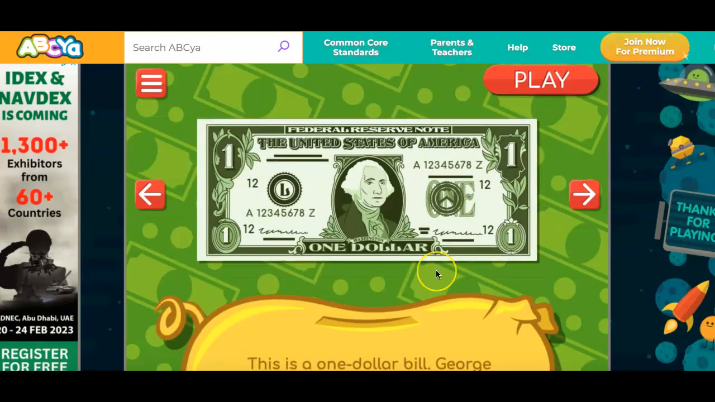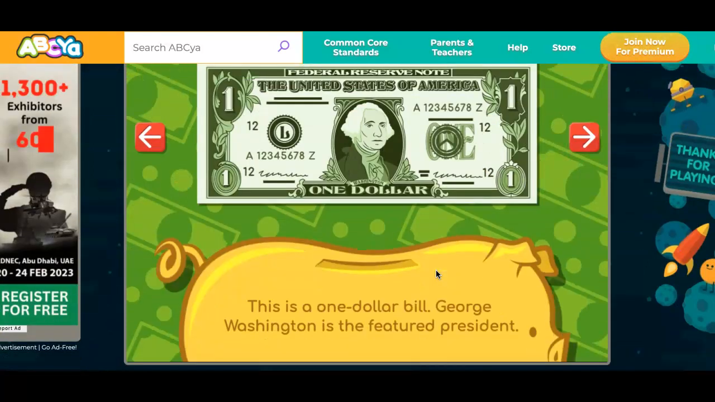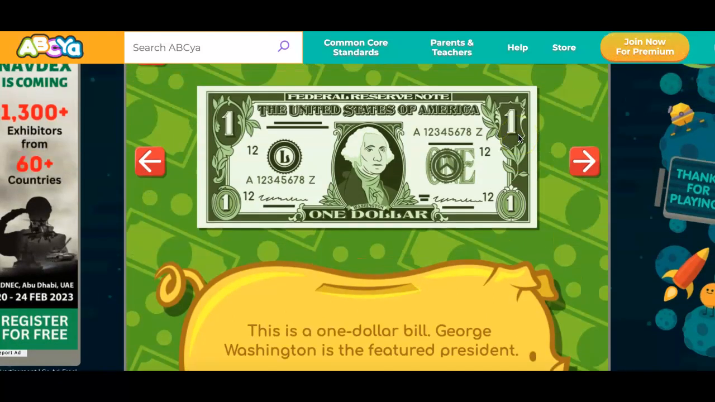And because I muted it, it does give a description to the students. So there is a $1 bill. George Washington is the featured president. This way, students are identifying who's on the bill and the value of the bill, which is really important, especially when they're going to be using play money themselves